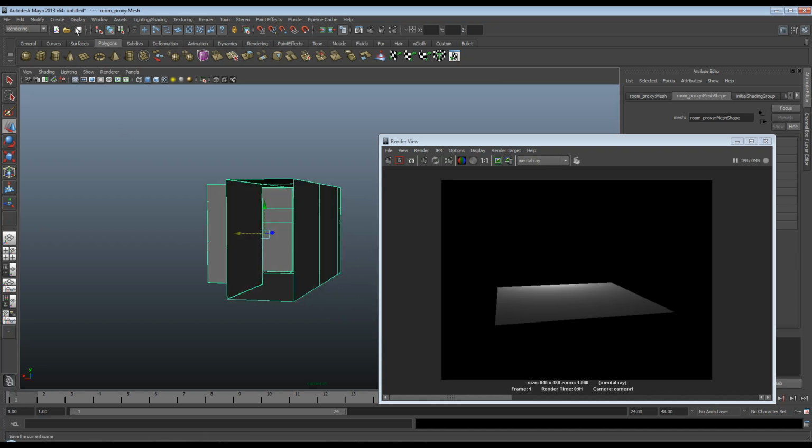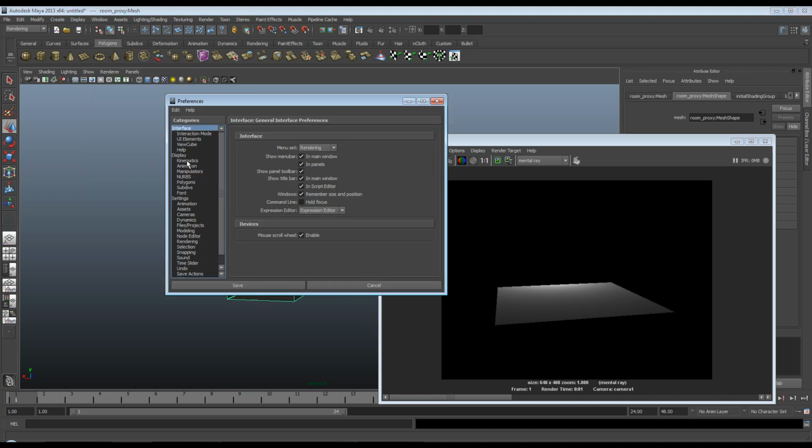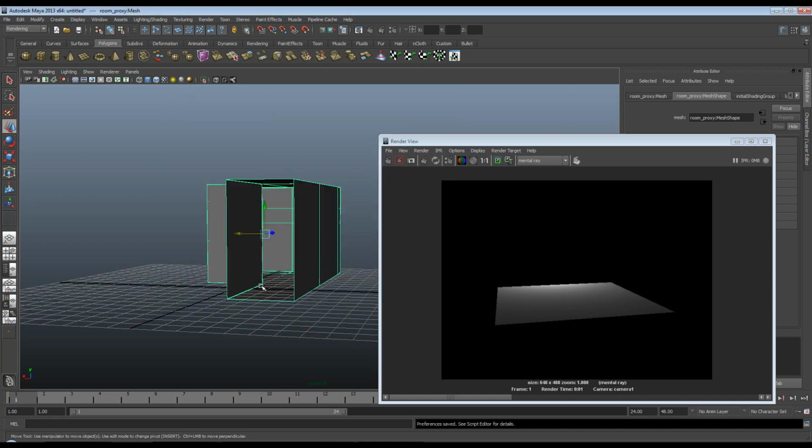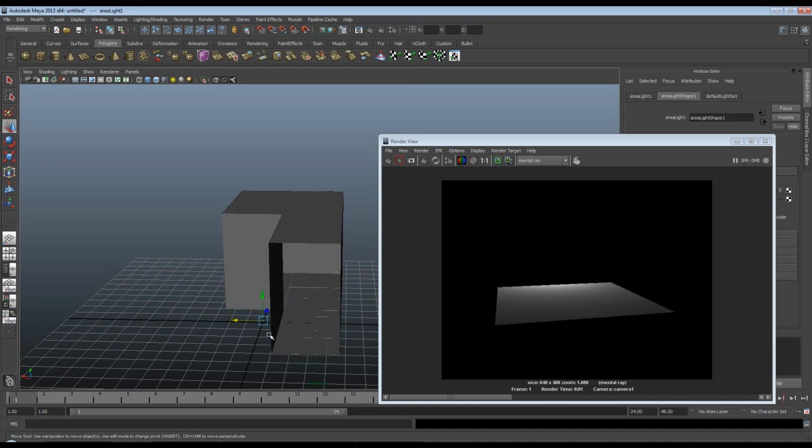and to get my grid back to the proper proportions, I'm going to go up to my settings, just hit settings here and change this from centimeter to meter. That's safe. You can work in feet and inches if you're more comfortable with that. Just remember that you are building to scale. Okay, now I'll select my now tiny area light,